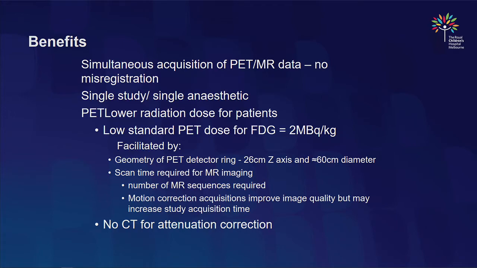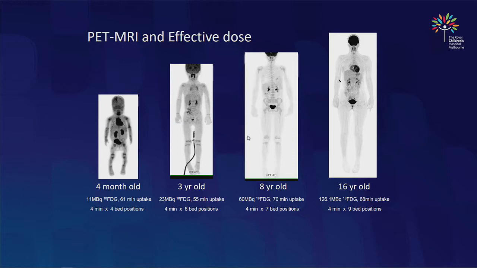We give 2 megabecquerel per kilogram of FDG, which is about half of what many other centres do. It's a sensitive detector, and it has good geometry, and we acquire for a long time, so we can get away with low dosages. And that leads us to having very small dosages, so 11 megabecquerels in a small child, and when we actually look at less than a millisievert effective dose for a 4-monther, going up to 2 to 3 millisieverts for the whole body studies. So we get whole body imaging with low radiation dosages,